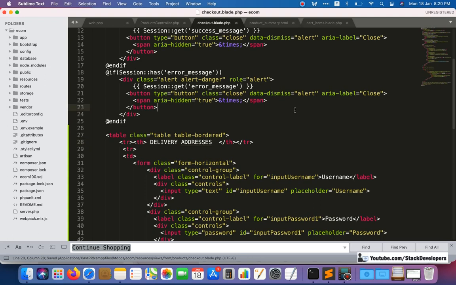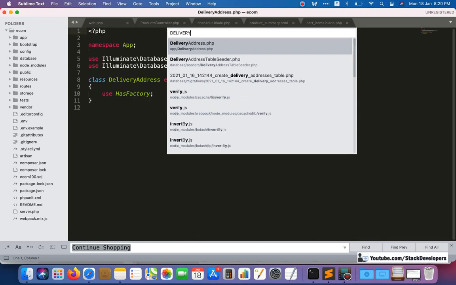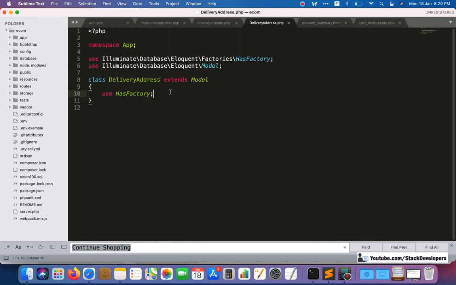But first of all, we are going to create the delivery addresses function. One function we require, and that function I am going to add in the delivery address model. We already have the delivery address model, and now one function to get the delivery address.